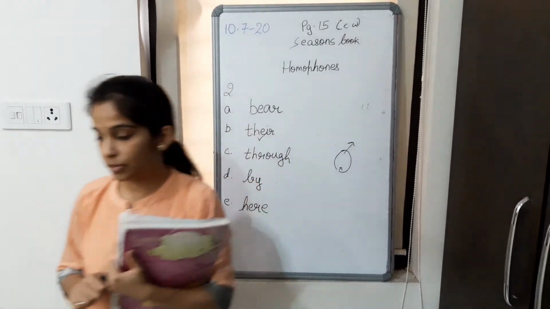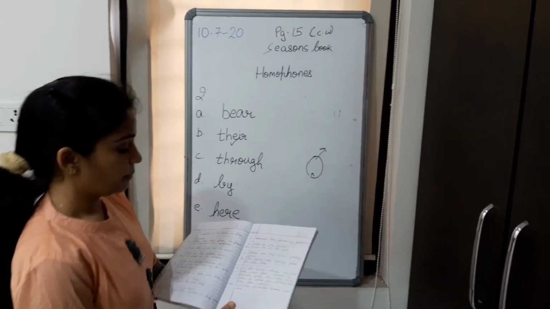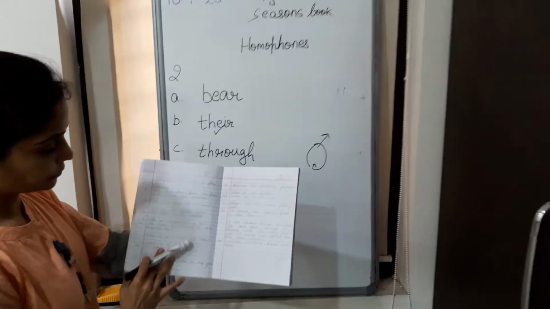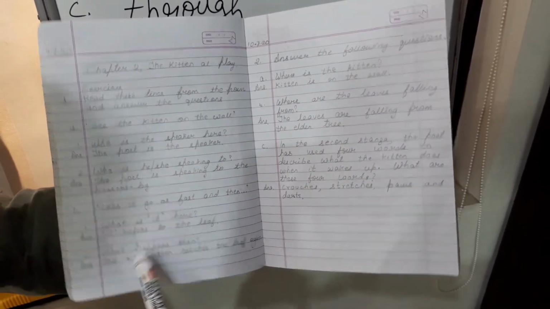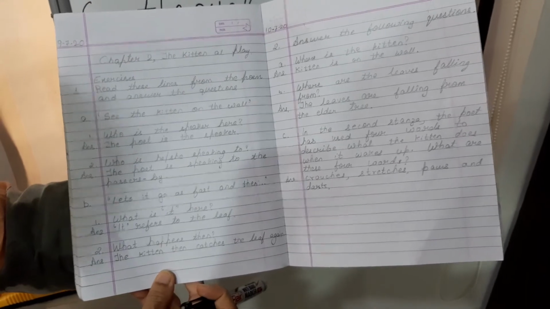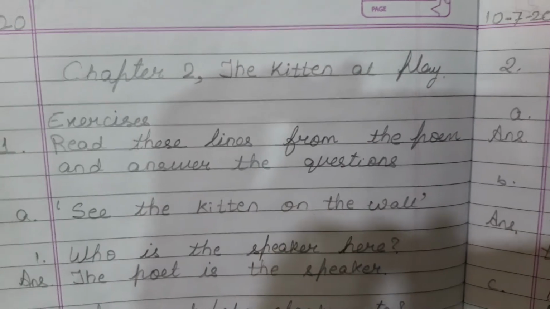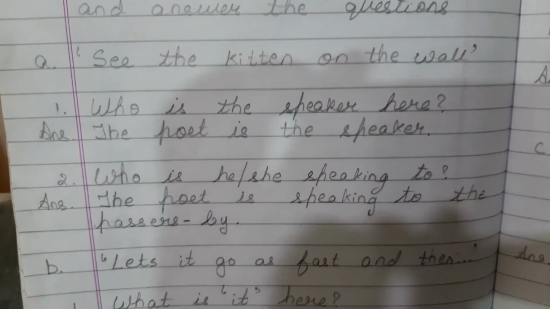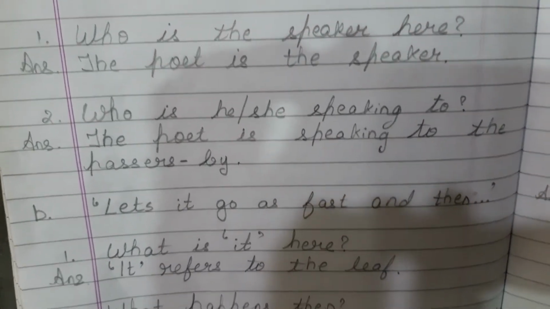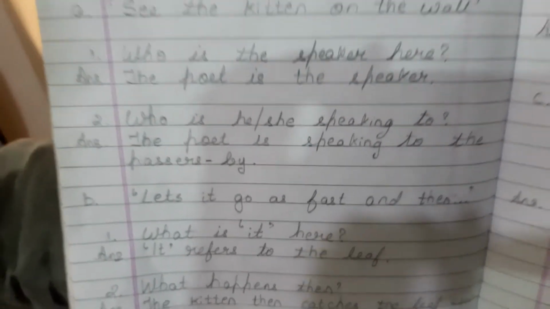Now let me show you the assignment again, one more. This was of chapter 2. See the assignment nicely. This part we have done yesterday. If in the video it was not clear, you can see again. This was yesterday's assignment. And today's assignment goes here. This is the assignment of yesterday. If it was not clear, I am showing you again. Don't make any mistake in the spelling and write in very good handwriting.